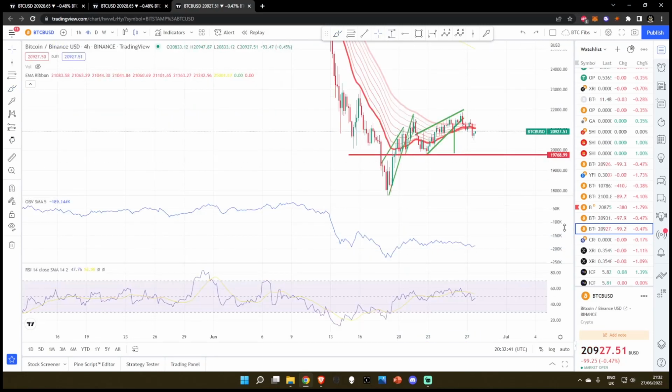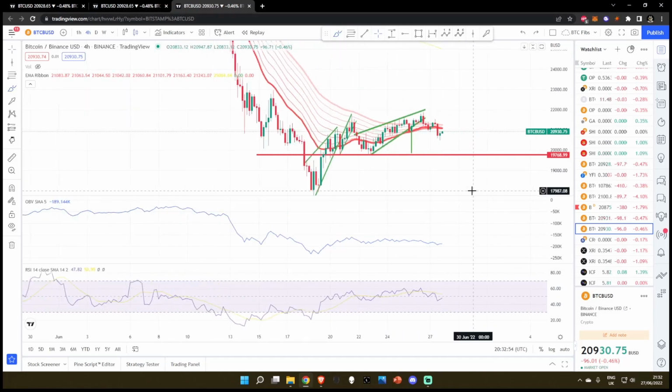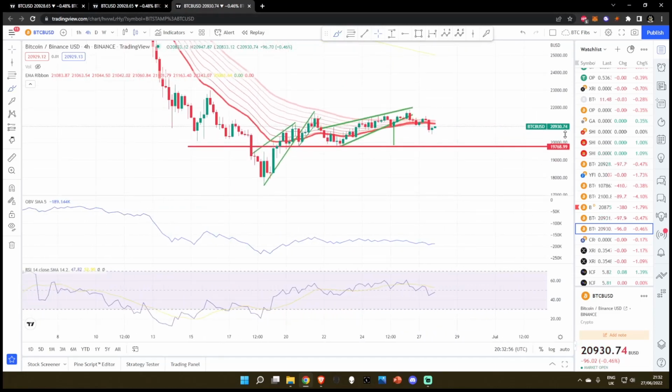And this is what I see happening on the OBV, making lower lows and lower highs in the macro time frame. And the RSI, the relative strength index, also looks like it's losing strength and creating something like a rounding top. This looks like it wants to start heading down to me. We also talked about in my past couple of Bitcoin videos how you've got this ascending wedge, you had a